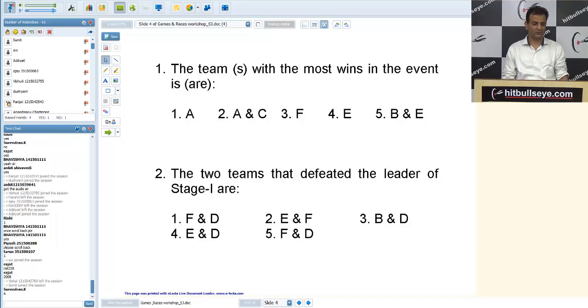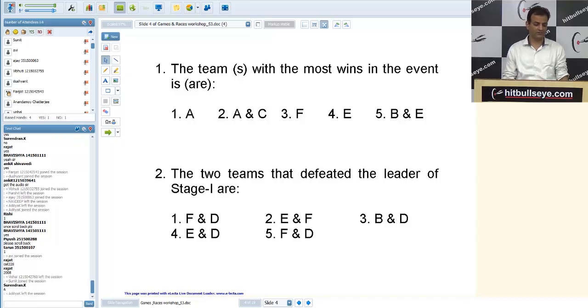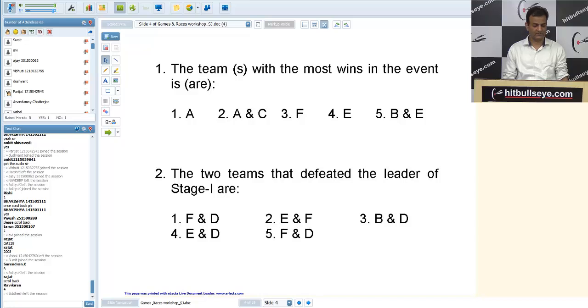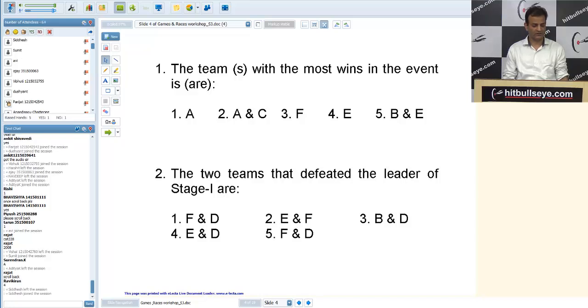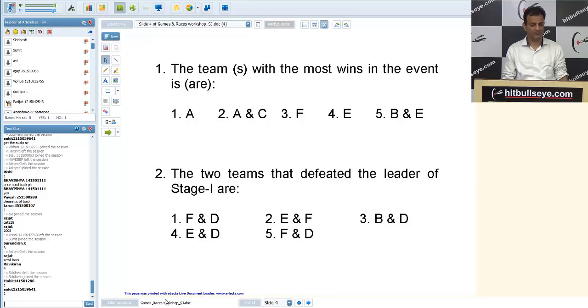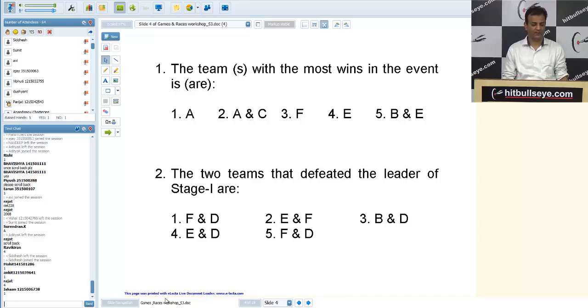Just make the table, students. If you want to solve this question, just try to make the table. The answer is 4, E. Okay. The answer is A. The 2 teams that defeated the leader of stage 1 are. For question 2, the answer is